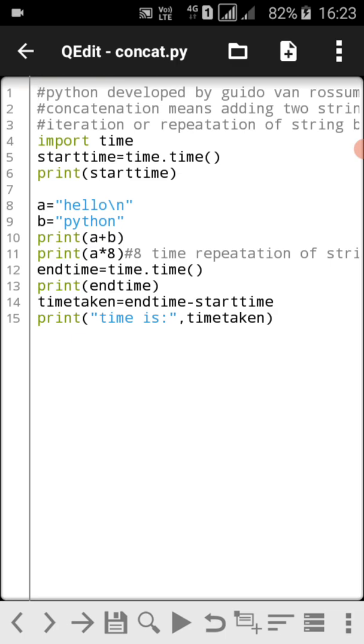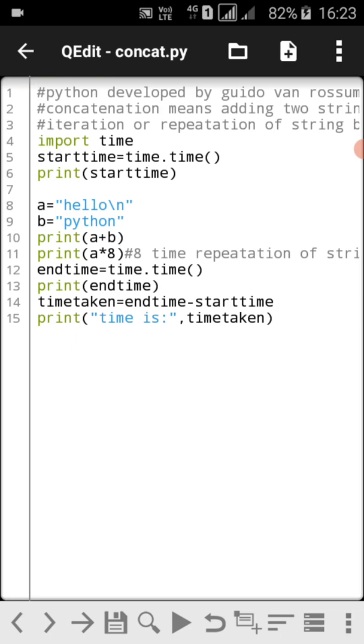Here is a program where I want to concatenate two strings. Concatenate means adding two strings. And the next thing is I want to repeat it 8 times.